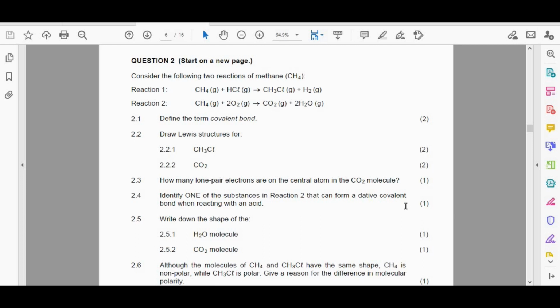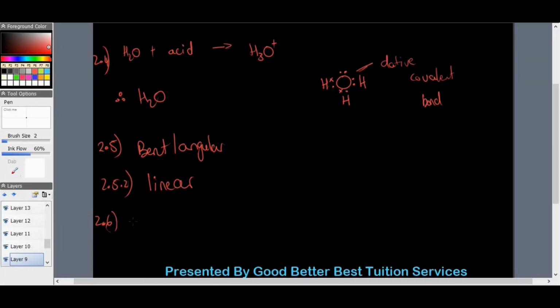When we spoke about VSEPR theory and the shape of molecules, we noticed words such as symmetrical and asymmetrical. So one reason why they have the same shape but one is polar and the other non-polar is that the charge distribution in CH3Cl is asymmetrical,